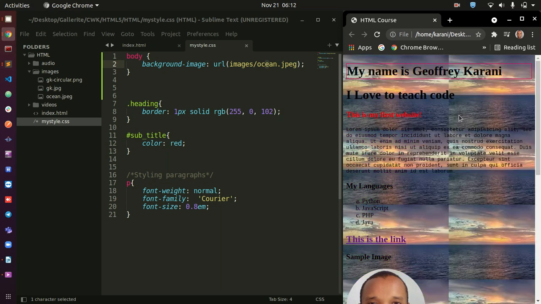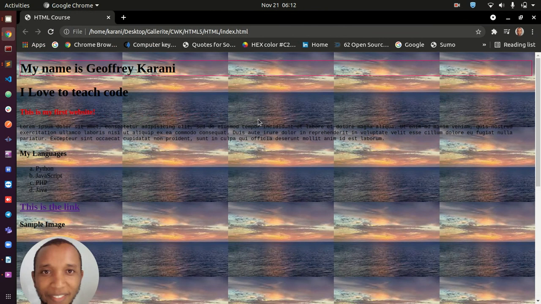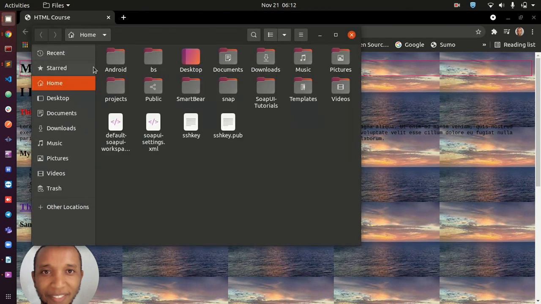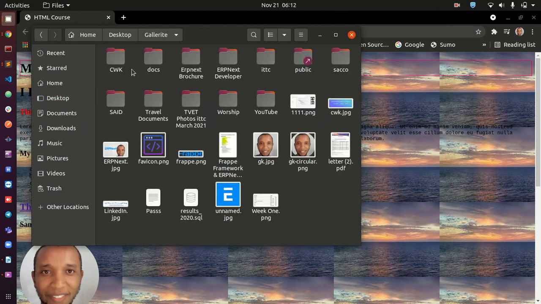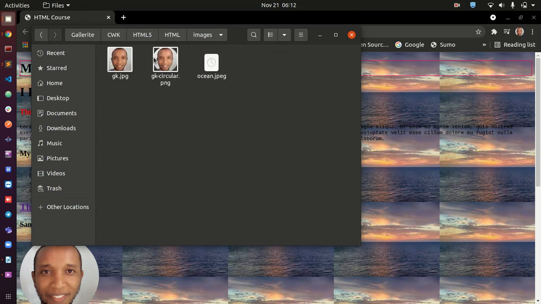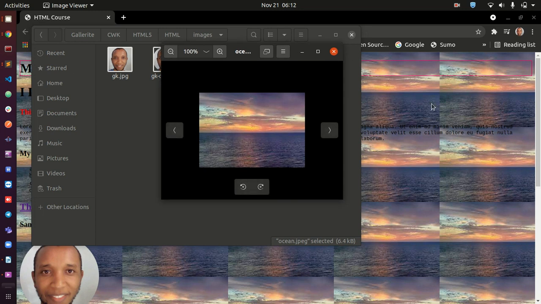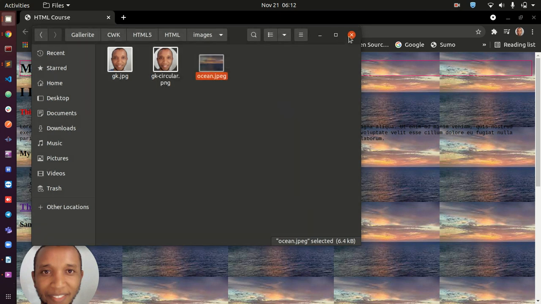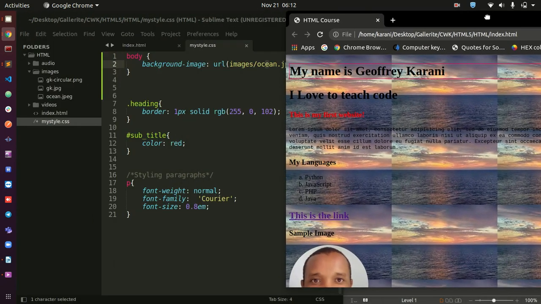If I refresh this now, you're going to see that yes, I have images here. Let me just expand this so that you can see. This is not how my image looks. Let me show you how my image looks. Open a window, go to my gallery, code with Karani, then images. This is how my image looks, although it is very small. So my website has basically replicated the image all over the place. That is not how I wanted to display that, but I'll show you how to handle that. I did that deliberately so that I can show you how to take care of that.